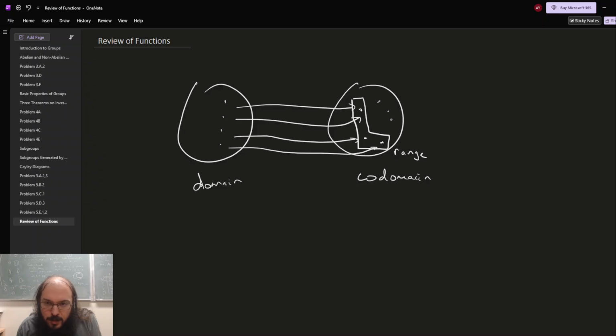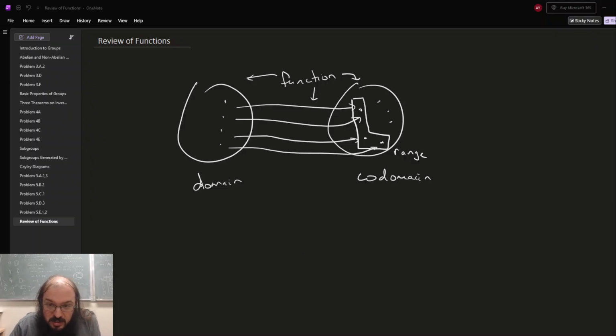The range doesn't have to be everything. There could be things not in the image of this function, like these guys over here. And the function is the whole package. So that part is sometimes overlooked, that the function is all three of the domain, the codomain, and the actual